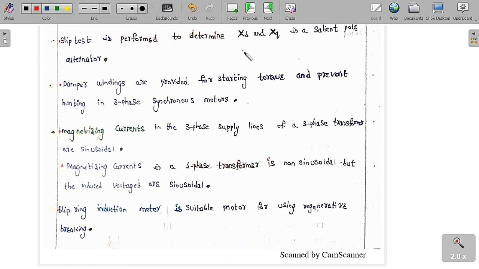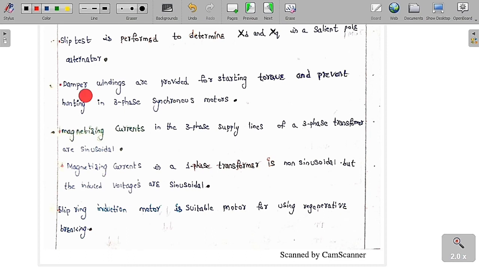So this XD and XQ are going to come only in the case of a salient pole alternator. By the slip test we can figure out the values of XD and XQ. The slip test is performed to determine XD and XQ in a salient pole alternator. We already told you, XD is called the direct axis reactance and XQ is called the quadrature